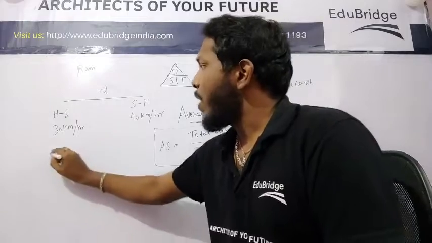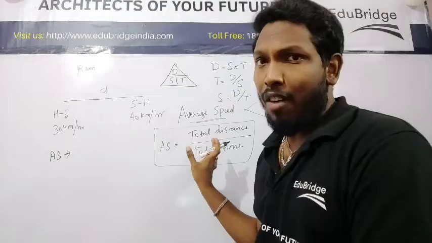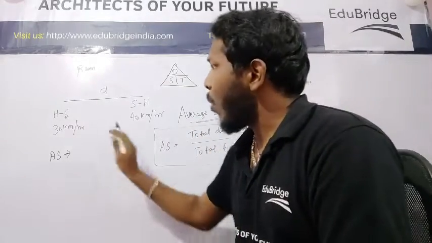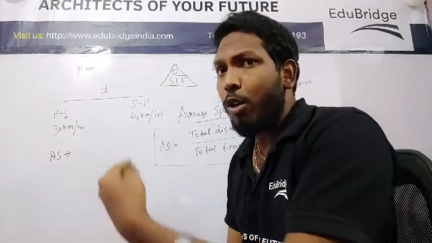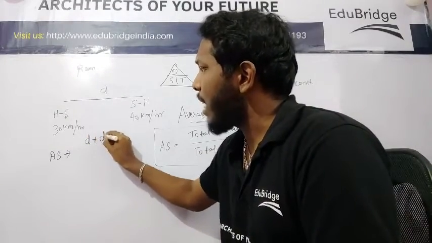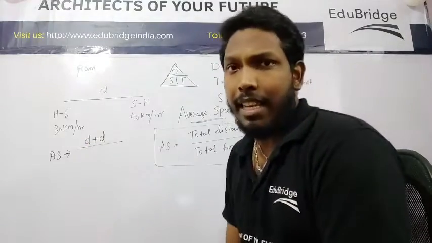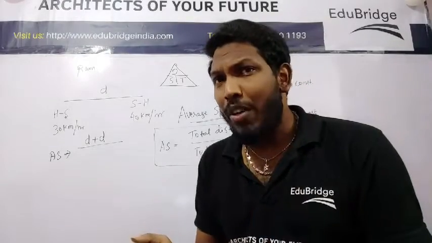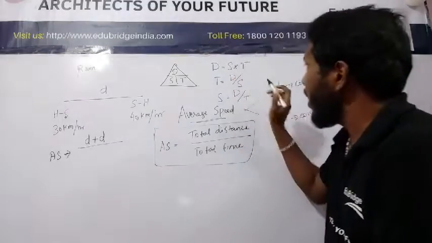When you want to find average speed, the general formula is total distance by total time. So what is the total distance here? When he travels in the morning from his home to school, that is D. When he comes back, that is another D. So D plus D is the total distance. Total distance by total time. Do I have time over here? Time is not mentioned, but time is equal to